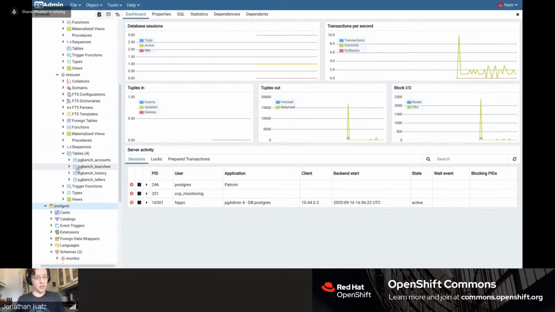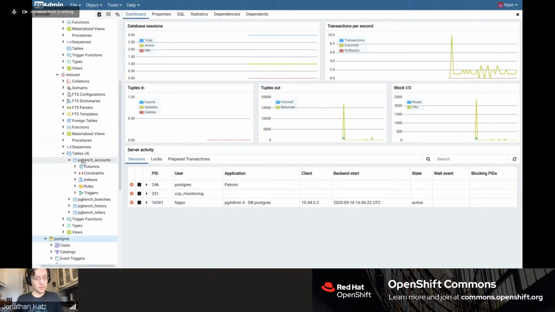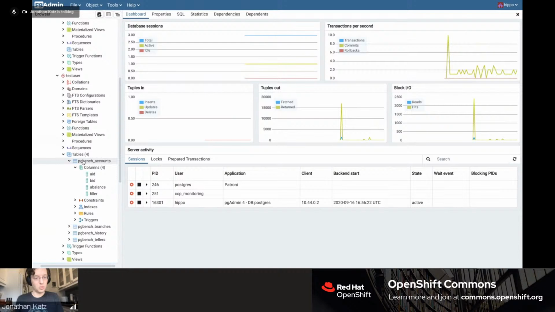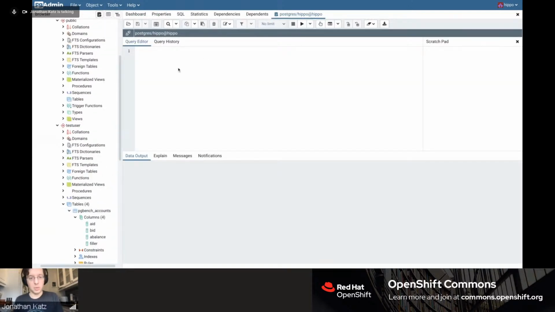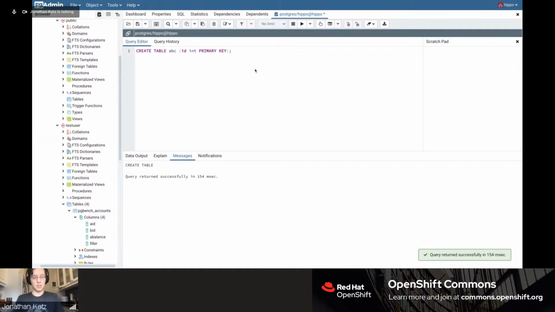All right, so here's all of our data. We could try to query against it, or, because I don't remember the syntax, I can create a table right here. Insert some data. Then query it.